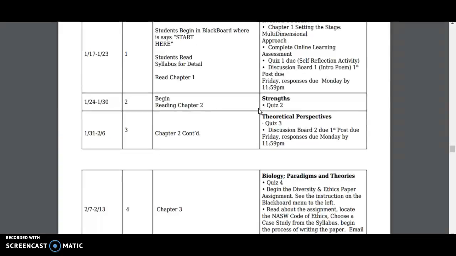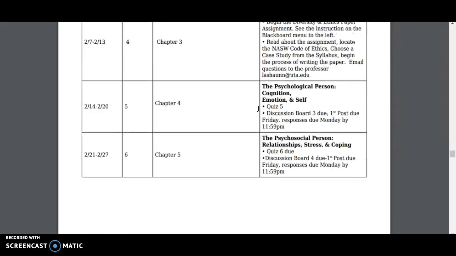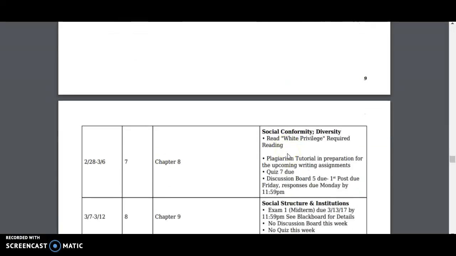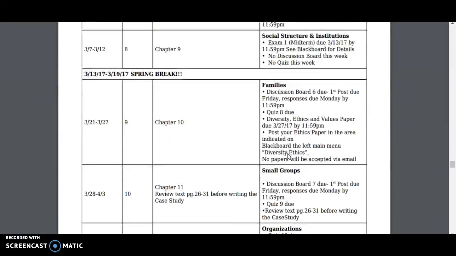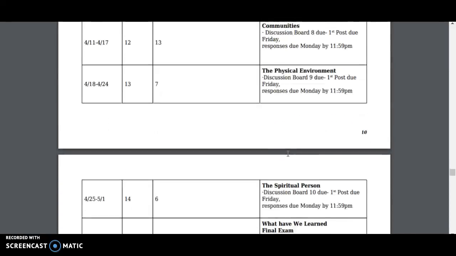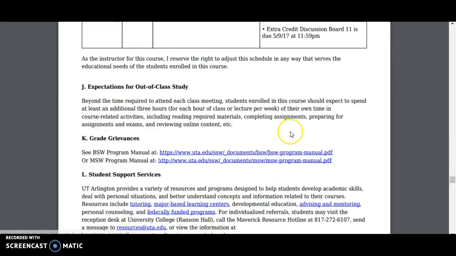It does match the schedule that is in course materials, but you might want to print it out. One thing you probably want to do is get yourself a planner and write in that planner all of the due dates that you have for all of your courses. It's always a good idea to get in the habit of having a planner. But here is the course schedule. It's all there. It tells everything that we're supposed to do.